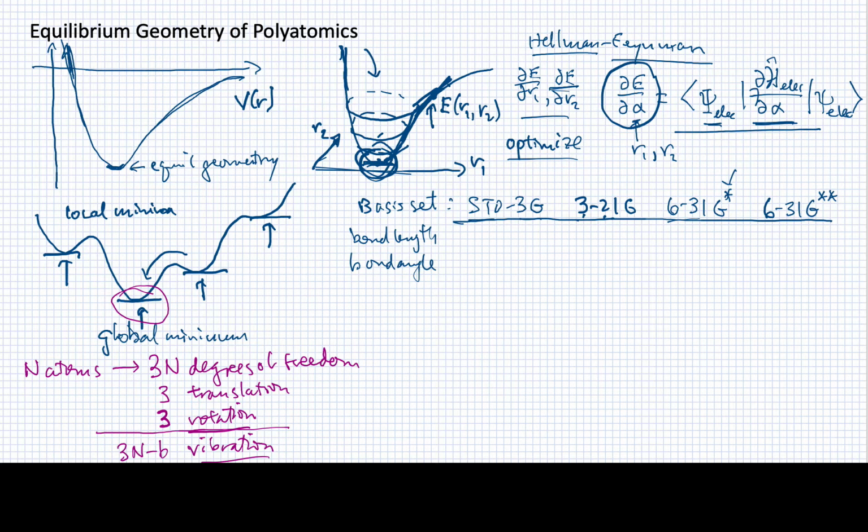Well, for STO-3G, bond lengths tend to be within 2 to 5% of the actual values. So they're reasonably accurate. You're going to get a pretty good rough idea of the bond lengths of the molecule. The bond angles are a little bit better. They're usually between 1 and 4%. For 3-21G, interestingly, this goes down to about 1%, while the bond angles get a little worse at 3 to 5%. All right, so you can see that these different basis sets have different strengths, if you will, when describing